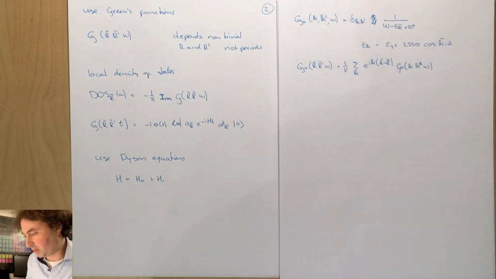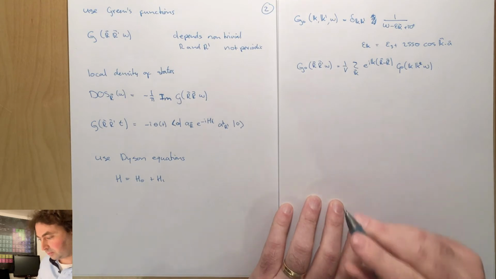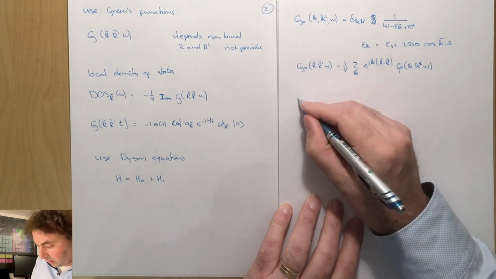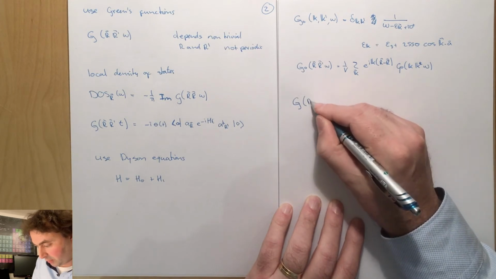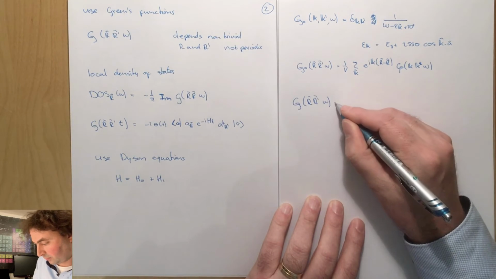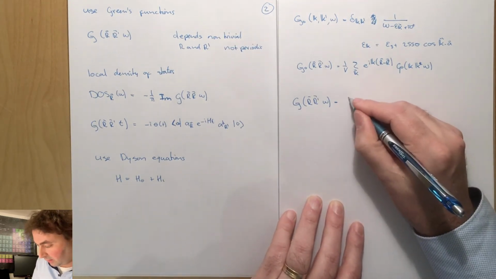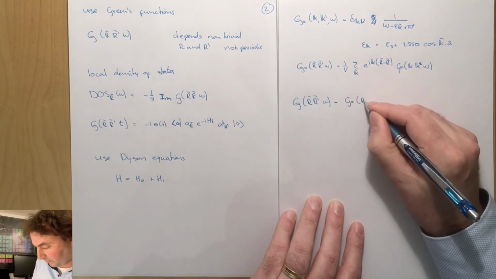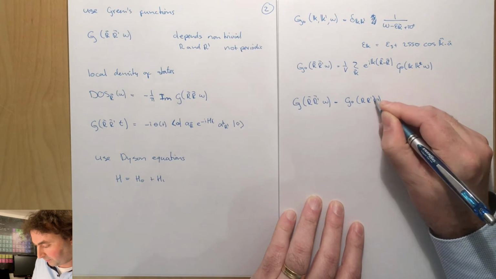Well, it doesn't matter because you have the delta function. Now, what we want to know is the full Green's function in real space. And now we can use the Dyson equation, where we say this is G0, where you propagate from R' to R,